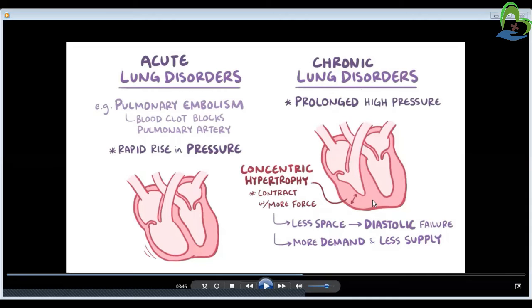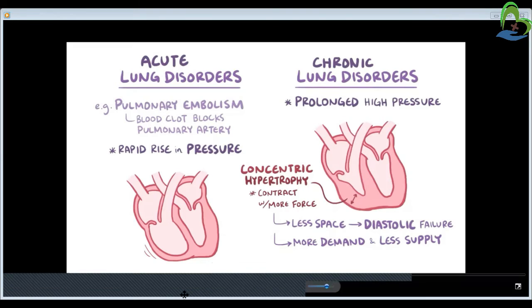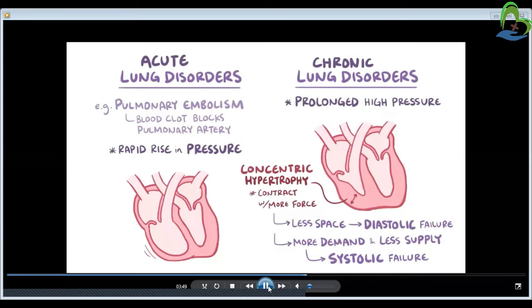And if there is diastolic failure, we know there is less filling, so oxygen supply to the cells is lesser, so there will be more demand and lesser supply of oxygen. We can even see that it can lead to ischemic conditions, so myocardial ischemia may occur. Therefore it will have a weaker contraction and it will lead to systolic failure.